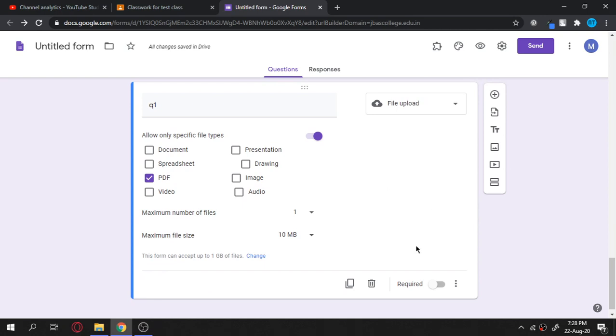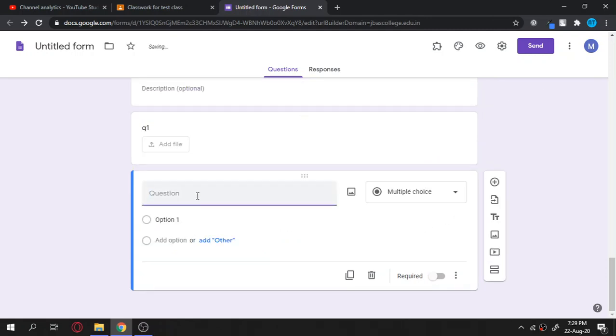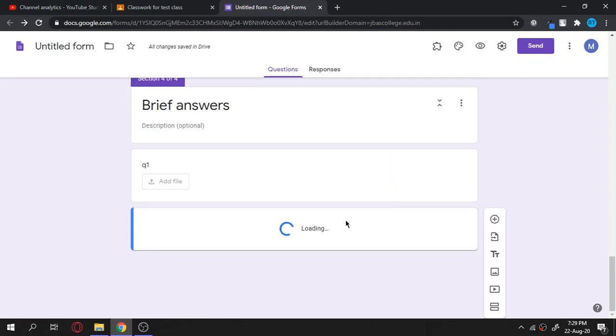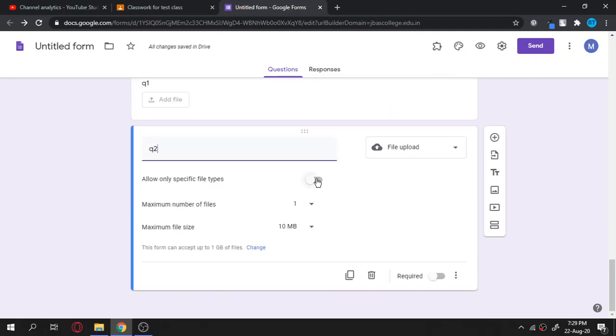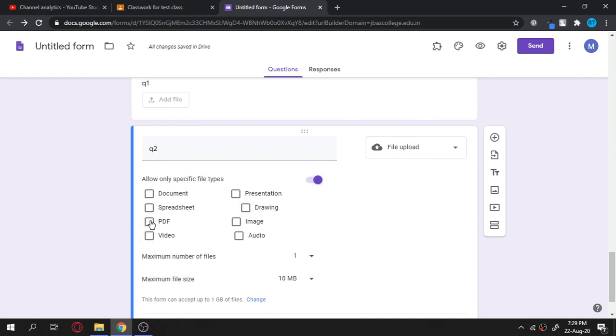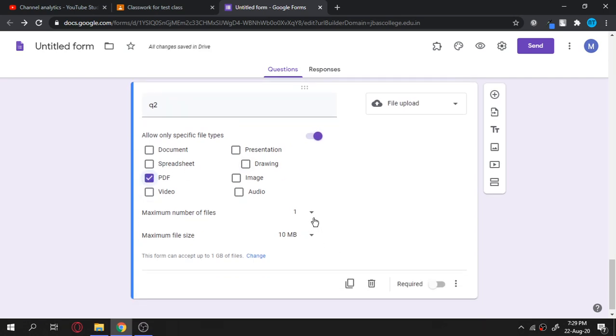Make everything optional, because students may or may not write the answer. Then I am adding one more question in the brief section, question number 2 for this section, and I am giving the option of file upload, and continuing with the file option, and giving one specific type where only PDF can be uploaded. The number of files is 1, because in a PDF they can include all the pages. For example, they write a test for a single answer, and it goes for 5 or 6 pages. Even for mathematics and accounts papers, it goes for more and more pages depending upon the problem they are going to solve.